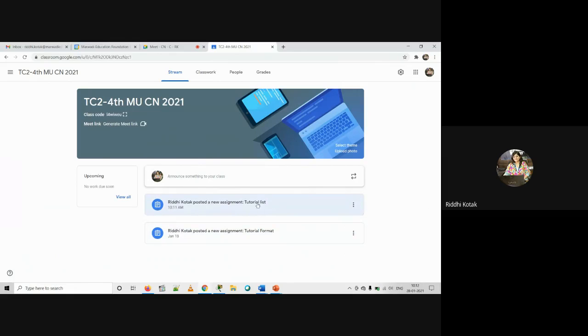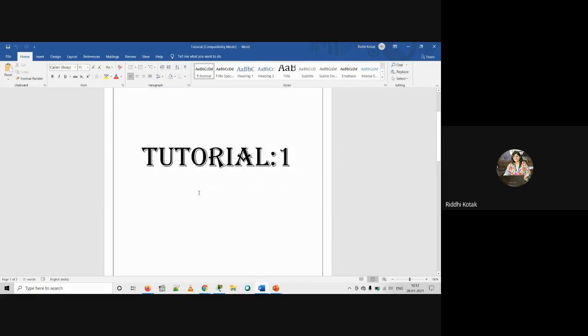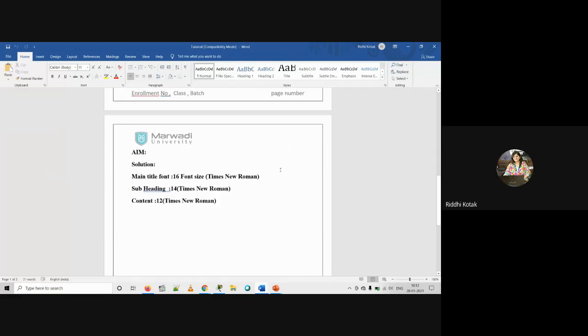Like that tutorial list I have provided in this classroom, you can get access to it, right? Second thing, you have to maintain your tutorial in a particular format. So that format already I have uploaded in this classroom. Same document you have to use for every practical. Practicals you have to upload in PDF form. Now you have to change the practical number according to,